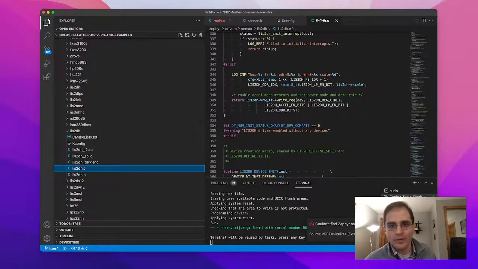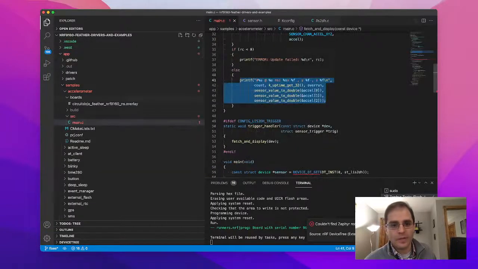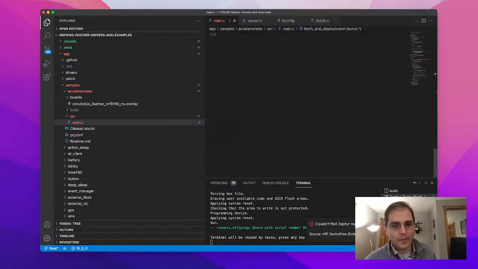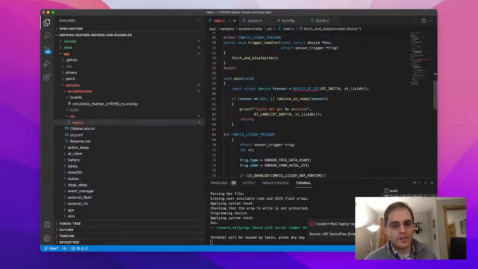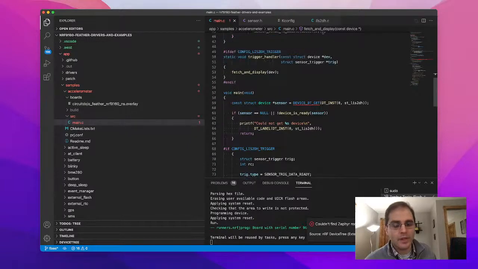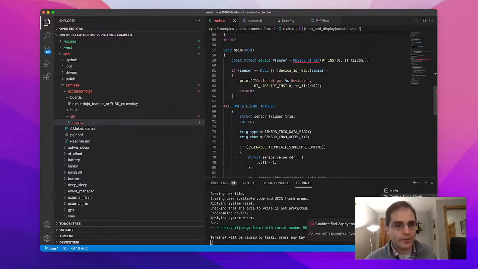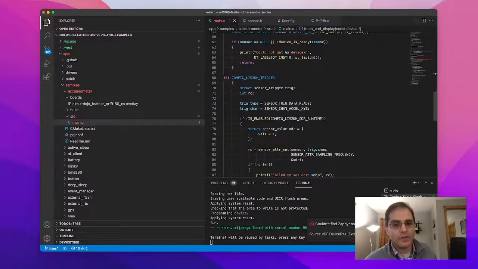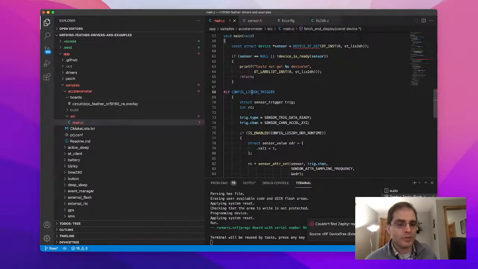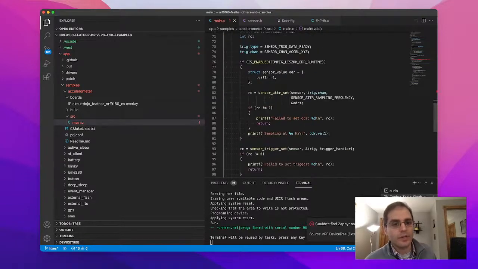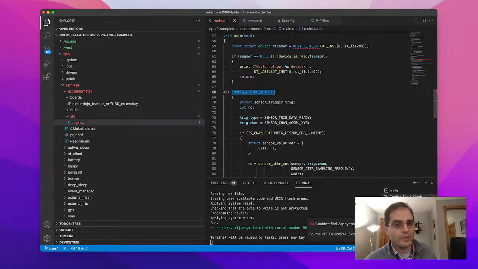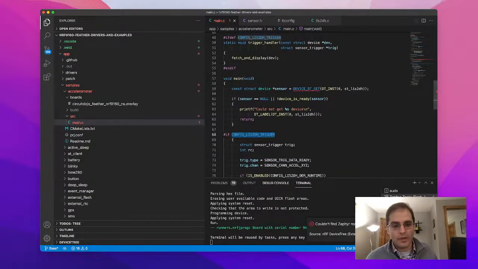But I will jump back over to the example code here. I believe this is the standard example from Zephyr. I've slightly modified it for the nRF9160 Feather, just changing which accelerometer to use, and pulling the values. You can see the conditional compilation: if we're using the trigger, then we use the trigger mode rather than just polling. But in this case, they're just using polling. So if you run down here,